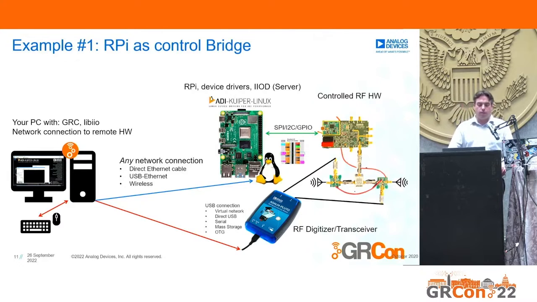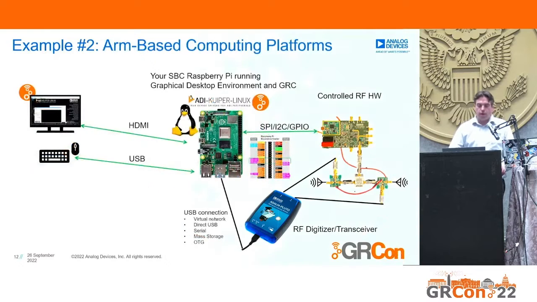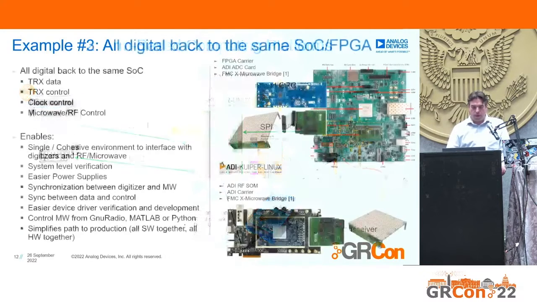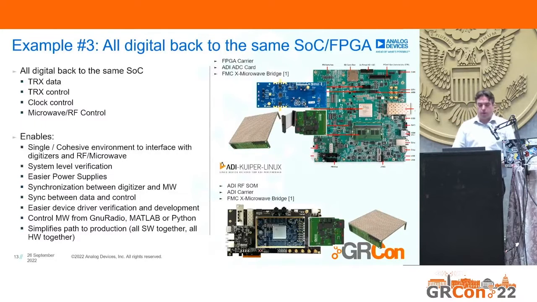We had a Raspberry Pi just as a control bridge, wired back to the computer that runs the GNU Radio, and we have the digitizer also connected to the same PC. As an alternative, if you have a Raspberry Pi, you can also run GNU Radio on the Raspberry Pi, and I call this the on-board compute platform, where you just connect the HDMI monitor and USB to that Raspberry Pi. A third, and probably the most interesting alternative, is what I call the all-digital back to the same